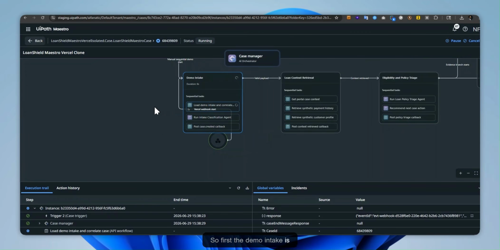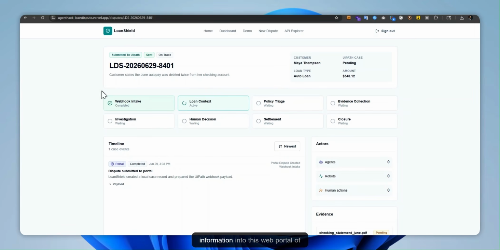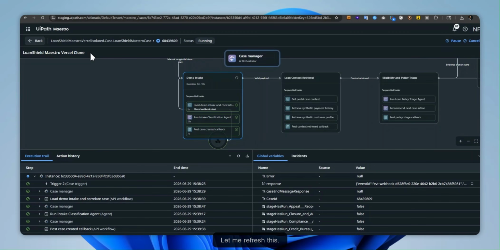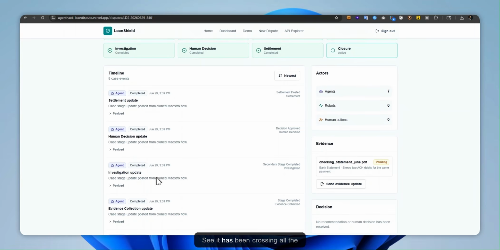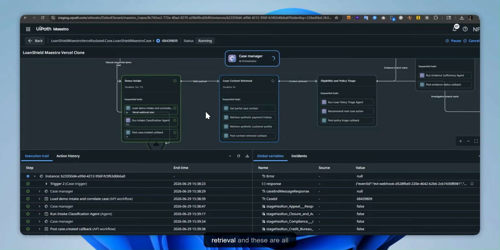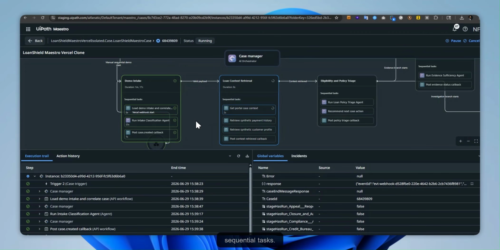So first, the demo intake is happening. The webhook has started, and it runs the intake classification agent, and every time an event happens, it posts back the information to this web portal of LoanShield. Let me refresh this. Let's see here. Perfect. See, it has been crossing all the stages, and now it is loading the context for retrieval, and these are all sequential tasks. For the demo, I chose sequential tasks because of the time crunch that we have on the submission. It entirely takes around 11 minutes to process,